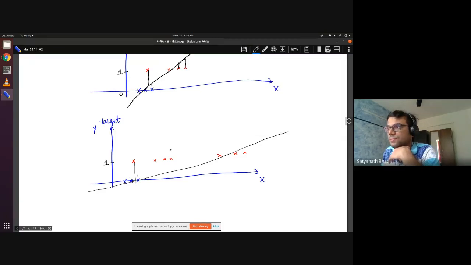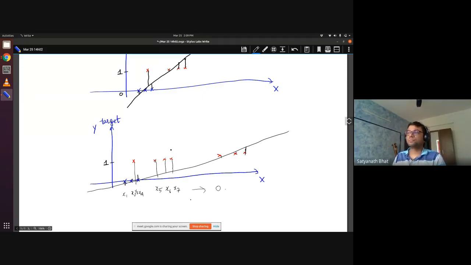Okay, so because there are a few extreme points, it might be better that the line is actually done this way. Now you may ask, what is the problem? The problem is these 3 points, right? So all of these, let's say point number 1, x1, x2, x3, x4, x5, x6, and x7, all of them will be treated as 0. The output will be treated as 0.